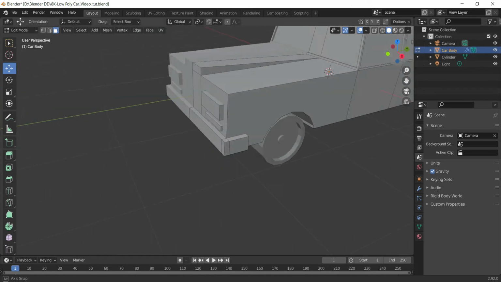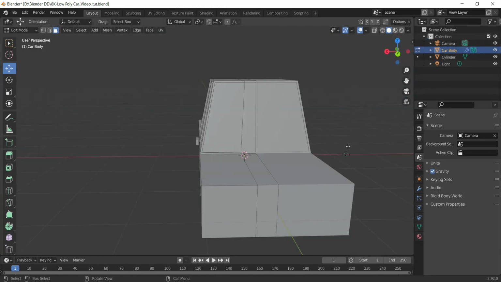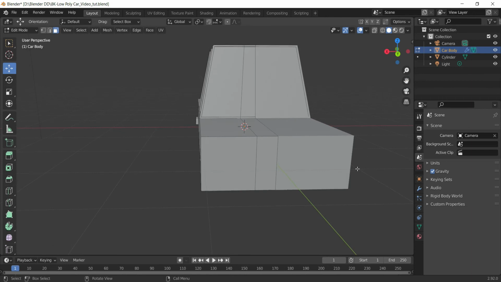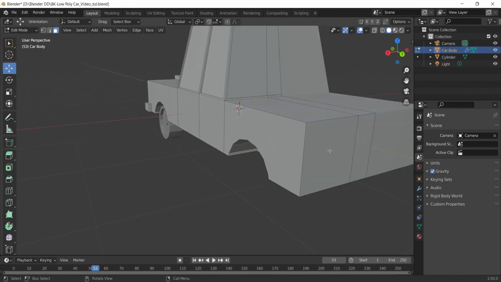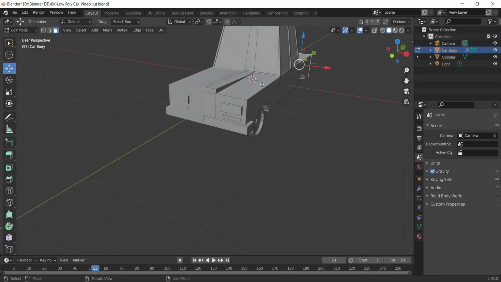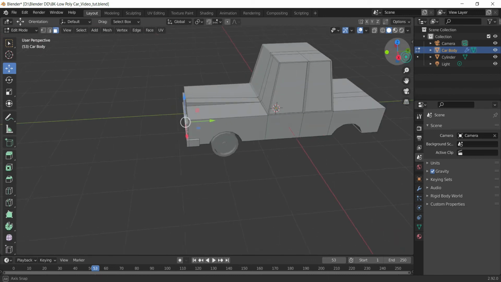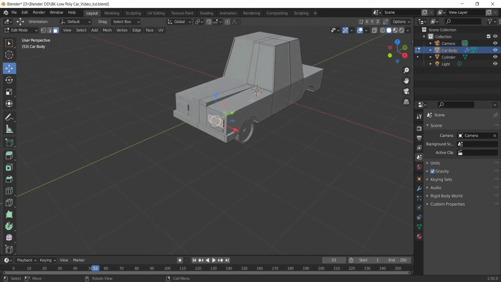Now similarly, I will create a bumper on the back side also along with the tail lights. So let's do the same process. And for the tail light, what I am going to do is either I can copy this entire face, or rather I'll just make a duplicate of this, because this has already been reduced in size.